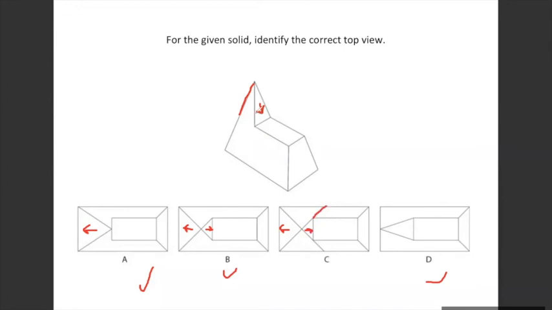So this edge, which is there, it touches this horizontal surface. This edge, which I have drawn earlier on, is touching this horizontal surface. उसके आगे वो edge continue नहीं हो रहा है. That's where option B is the correct one.